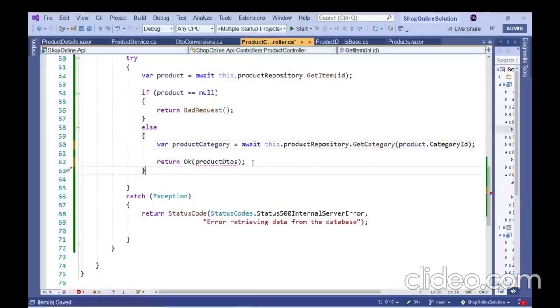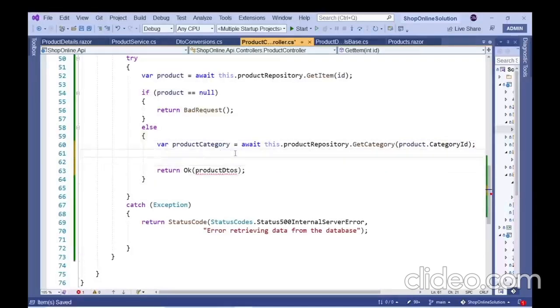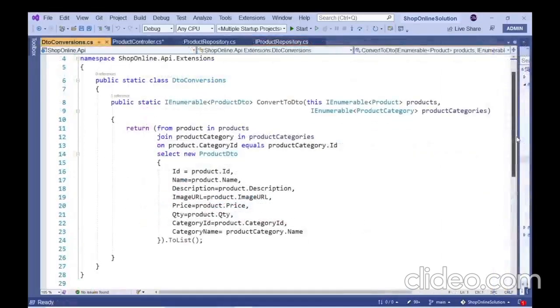The next step is to write the code that merges the data pertaining to a specific product with the data pertaining to the relevant product's category into one object of type productDTO. In order to write the code for this in a clean way, we can create a convertToDTO extension method overload within our DTO conversions class. The convertToDTO extension method currently within our DTO conversions class converts a collection of products and a collection of product categories